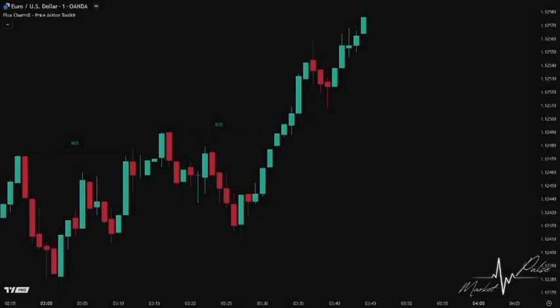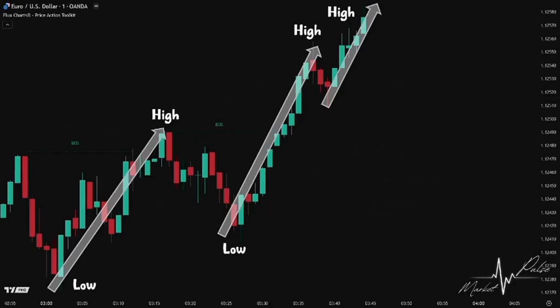For example, look at this chart. If we apply the concepts of market structure, we would have three impulsive moves like this. All of them have created a new high, so breaking below the source of each one is considered a change of character. But look at the size of the third impulse. It's barely even half of the previous move. So in this case, if the price breaks below the swing low, we won't consider that as a valid change